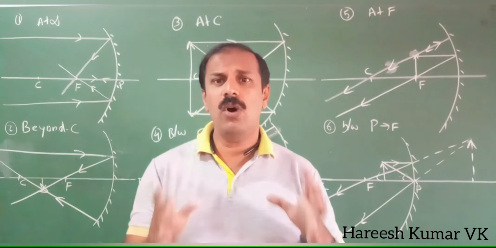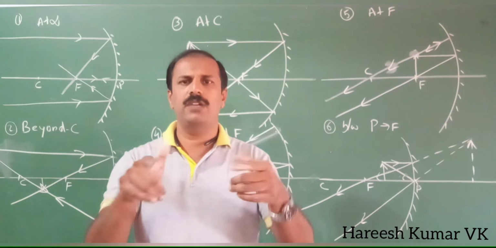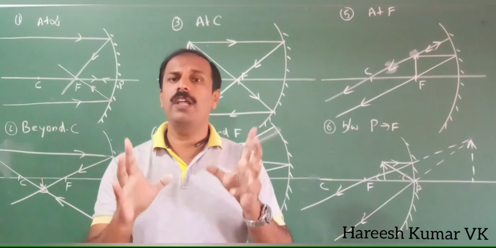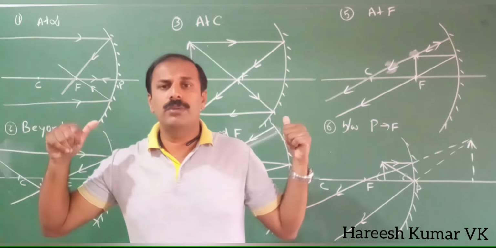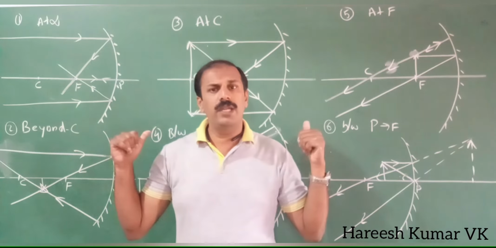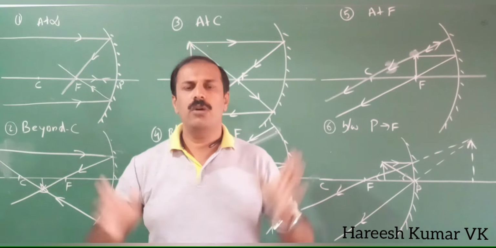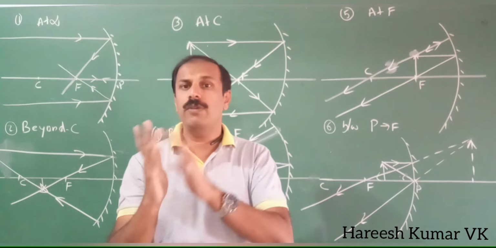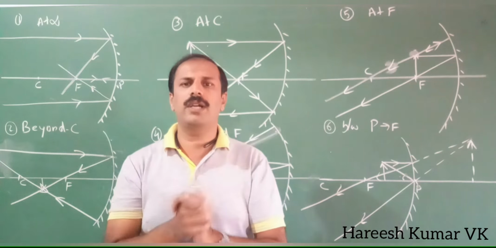Now, you can see all these things practically when you keep an object and image, how it works, that I will show you. And after that you study the table also. That table, if you remember, everything will be easy. But this one or two ray diagram to draw will be a sure question in all your 10th standard examinations. So practice this one. Practice means the first thing is you should have a logic where the image should come. If the object is at this position, then if you draw it will become correct.